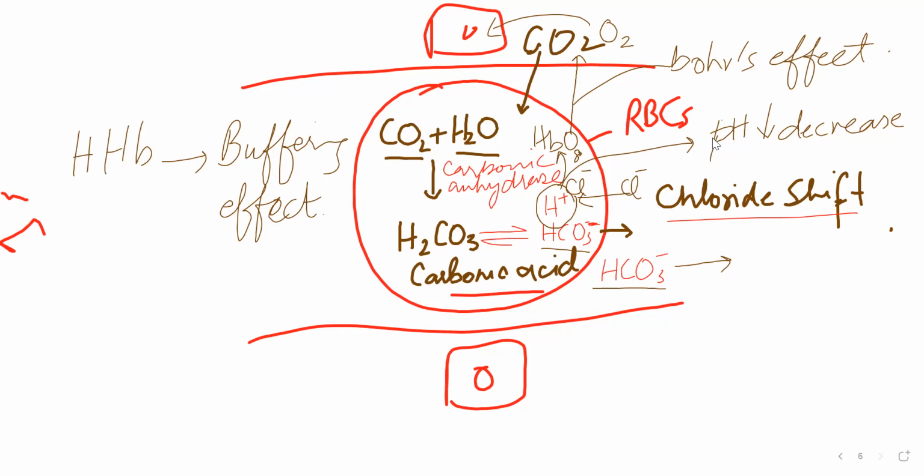So this is the advantage of chloride shift, and it is very important to remove carbonates outside into the plasma so that they can be carried by the plasma. So this is chloride shift, and this is Bohr's effect. What do we mean by Bohr's effect? That when the oxygen gives off, so hemoglobin gives off or releases